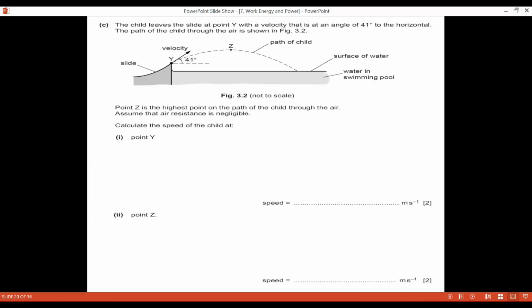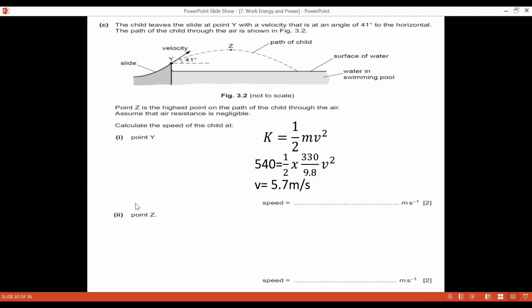नेक्स्ट पार्ट में कहता है जी कि ये बच्चा जो है y पे से जब जाता है तो वहां पे कोई जंप सी है, तो वो जब y पे पहुंचता है उसके बाद वो उसी velocity से आगे move कर रहा है और एक projectile motion बनाता हुआ swimming pool के अंदर जाके गिरता है। The velocity is 40 at an angle of 41 degrees. वो कहते हैं what is the speed of the child. तो जो y पे हमारे पास kinetic energy है वही उसकी speed create करेगी। तो हम यहाँ से kinetic energy को half m v square लगा के v की value calculate कर सकते हैं। Kinetic energy was 540, mass will be 330 divided by 9.81। यहां से मेरे पास v की value 5.7 आती है।